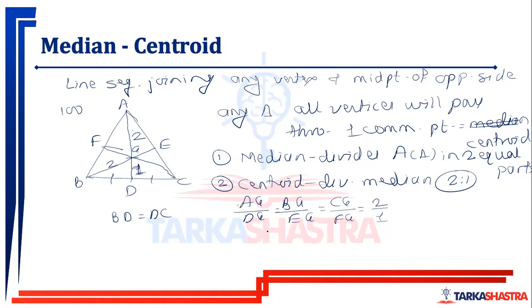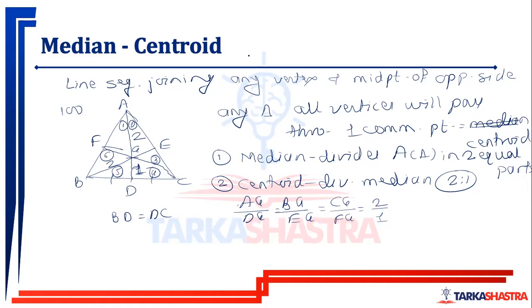Plus all these 6 triangles, 1 2 3 4 5 6, will have an equal area. This is a very important point. ठीक है, ये मैं सबको नहीं बताता हूँ, सिर्फ आपको बता रहा हूँ, अच्छे से ध्यान पे रखो. All these 6 triangles which are formed will have an equal area. So total area of the triangle is also divided into 6 equal parts. Okay, then these are very important points.